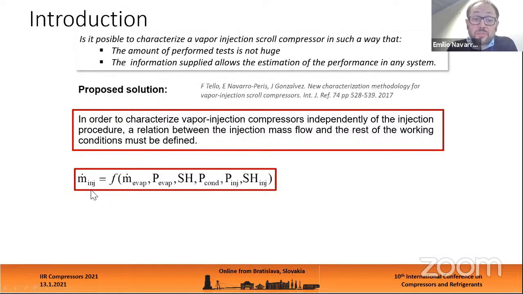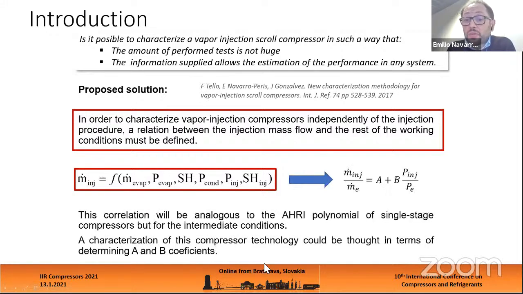If there is a function in which we can relate the injection mass flow rate with the different external variables of the system. I mean, the evaporation mass flow, the mass flow rate through the evaporator, the evaporation pressure, the superheat, the condensing pressure, the injection pressure, and the intermediate superheat. And in that paper, they proposed the following linear relation between the injection mass flow ratio and the injection